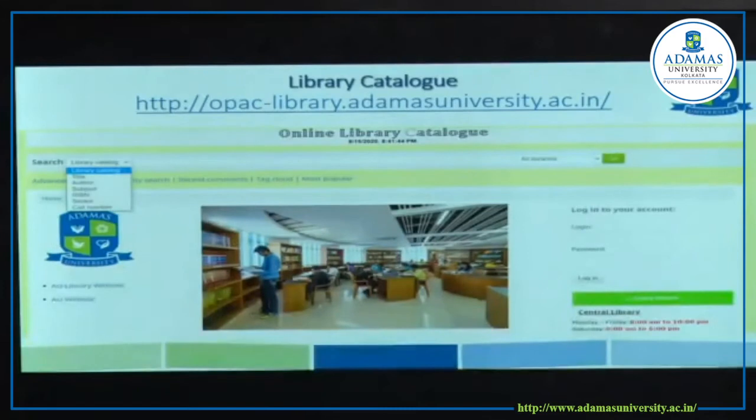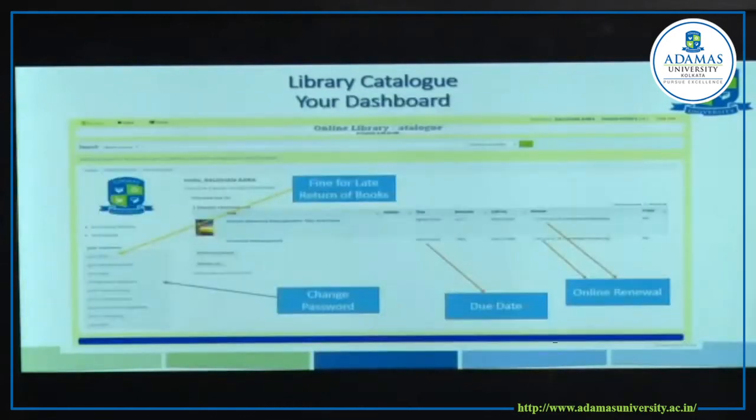If you log in, then you can search the resources. You can search by title, by author, by subject, by anything. So here if you give the search term, it will pick up the resources. I will come to that part, don't worry, I am just giving you a little introduction about the interface. You see, here you can change your password. Once you log in, it will show your name.